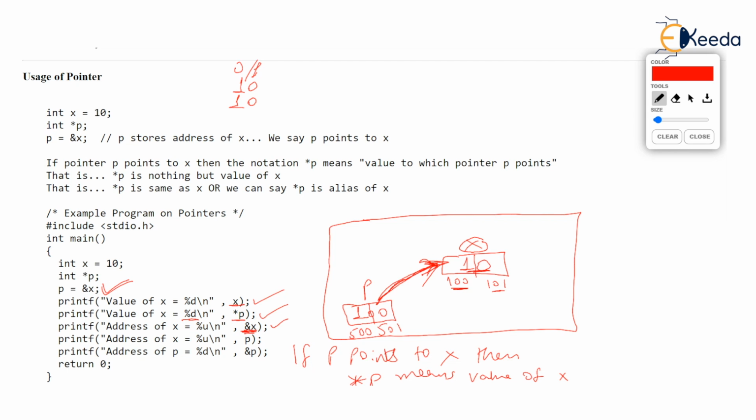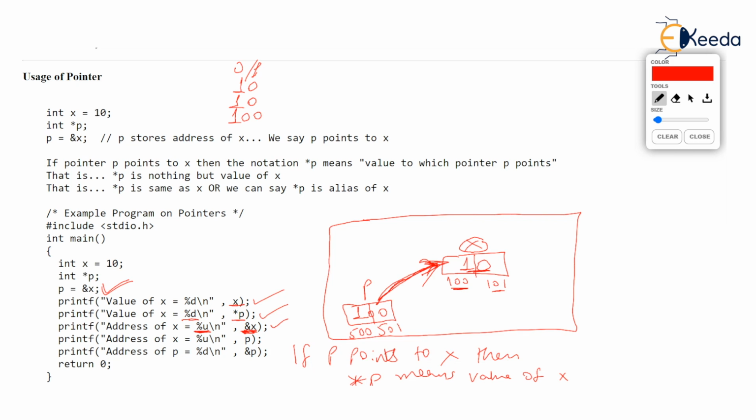But the format used over here is %u. Check the printf. We are using %u, and %u means unsigned format. We want to print unsigned integer. Now all of you understand that the address that we are printing is never going to be negative. You know, %d format is used for printing positive or negative numbers, because decimal numbers can be positive or negative. But pointer, that is address of a variable, cannot be negative. So you use unsigned integer format, %u format, for printing addresses. So the address printed over here will be 100, obviously, because address of X, begin address, is 100,